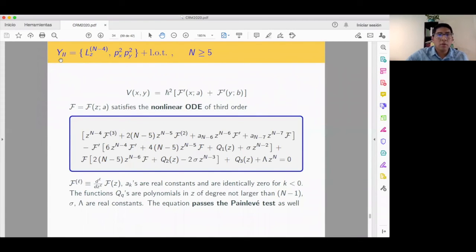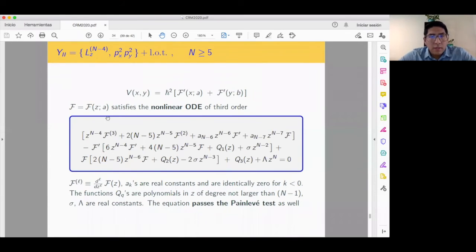The second family is described with this leading term. So angular momentum appears, and they start to occur for n equal or larger than 5. In this case, the potential also is a pure quantum potential. It depends on h bar squared explicitly as a global factor. And now the relevant function, this f,